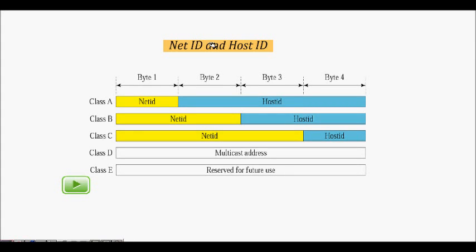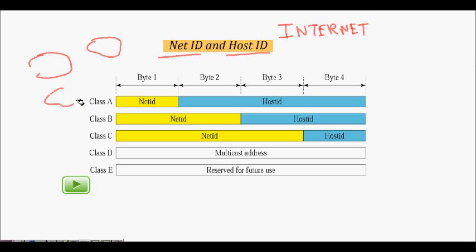In this lecture, we will learn about IP addresses and in particular about the network ID and host ID. So what happens is that our internet is a network of networks, okay? So what we mean here is that you have a lot of different networks and they themselves are also connected to each other, okay, by some routers. So this is a very simple picture of this one.